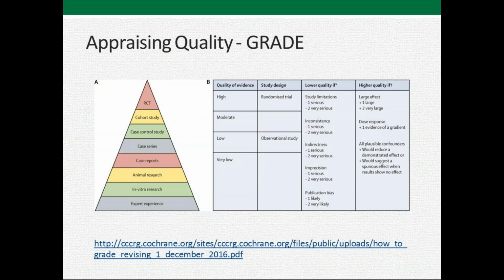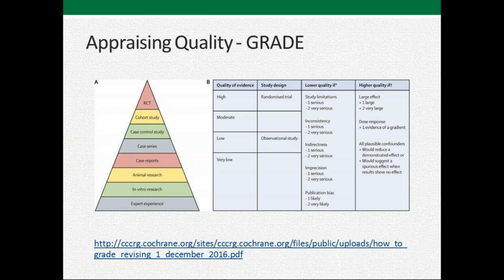Okay, let's talk a little bit about appraising the quality of your references. This is an image that incorporates what was started when we began this evidence-based practice thing back in the 90s.